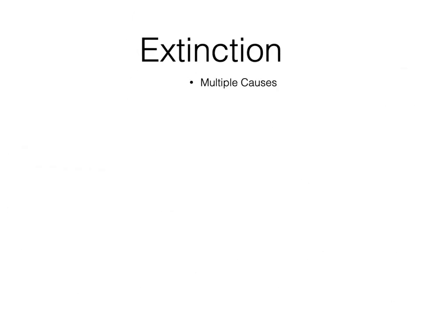Okay, so when we think about extinctions, not just mass extinctions, but extinctions of particular lineages, there's multiple causes. There can be abiotic causes, natural disasters, like a meteor impact or volcanic eruption, or a particularly destructive storm. Changing environments can be another abiotic source of extinction. We can think about the Pleistocene or the Ice Age, that certainly resulted in the extinction of species.